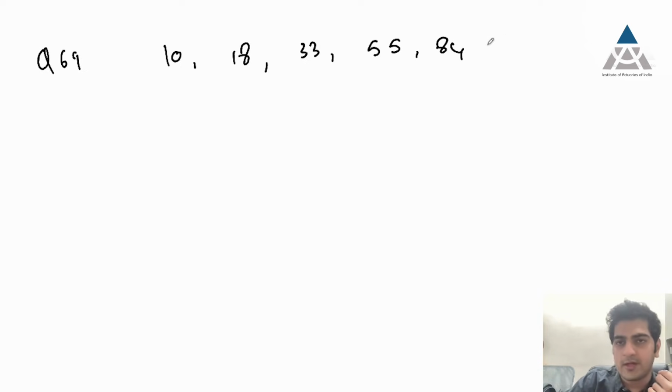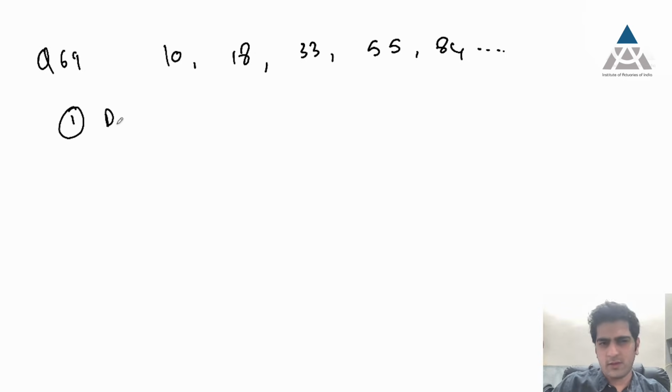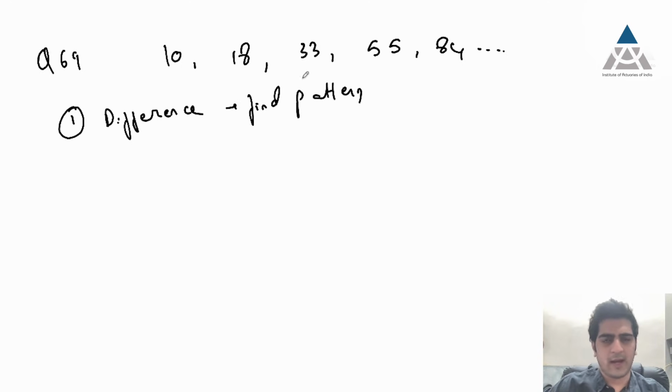Now these sequence type questions you have to find the next one. These sequence type questions, obviously there's no formula to get the answer, right? It's just a logical way to look at it. Things that you should keep in mind are always find the difference and see if there is a pattern in the difference. Find the pattern in the difference. If there is a direct pattern here only, then you can look at those. So common patterns are like perfect squares, cubes,